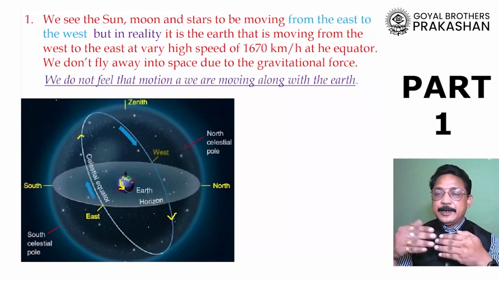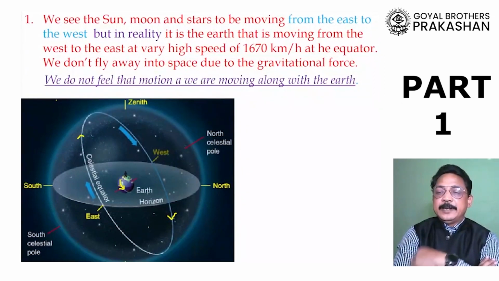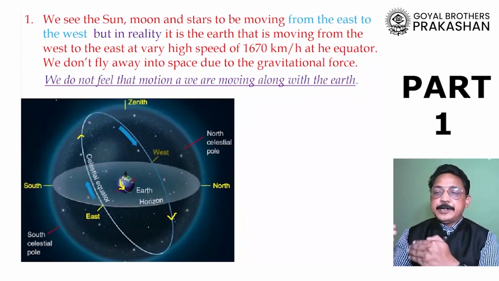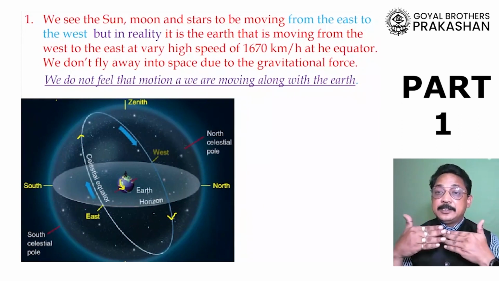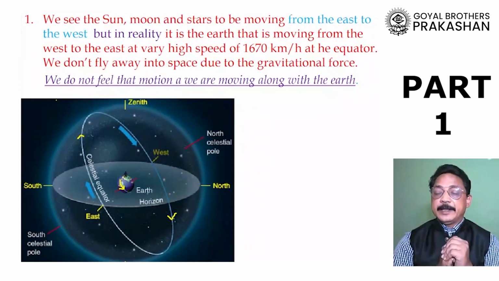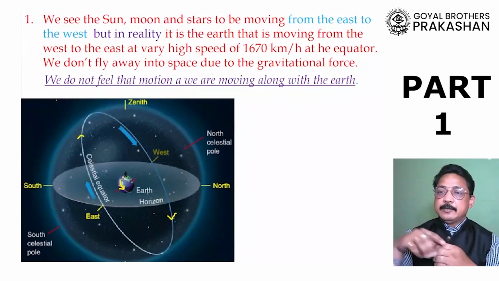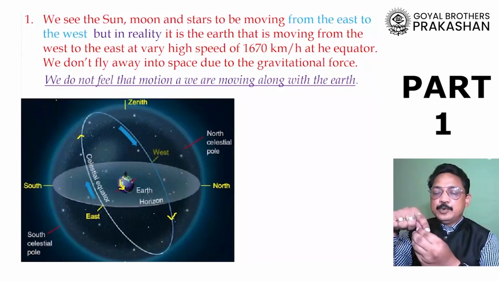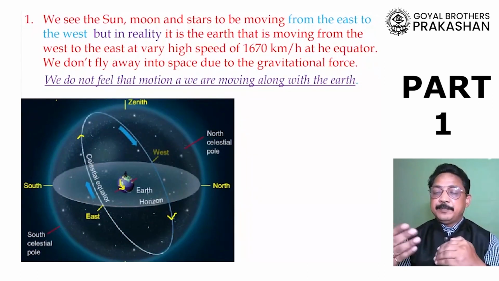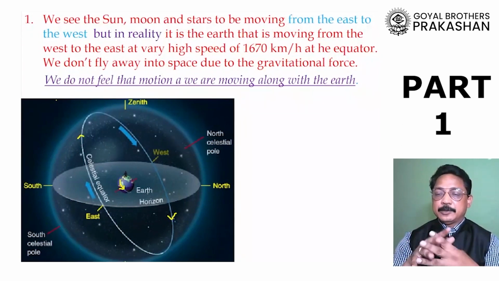If you are seated in a train and you are traveling, you feel that you are seated because you find another person opposite to you seated like this. So you feel that you are stationary, but in reality you are already moving with the train. That's why you feel that you are not moving, because you are already in a moving train. Similarly, we are already on a moving earth. So when the earth moves, along with the earth, even we move. And that's why we don't feel that motion of the earth.